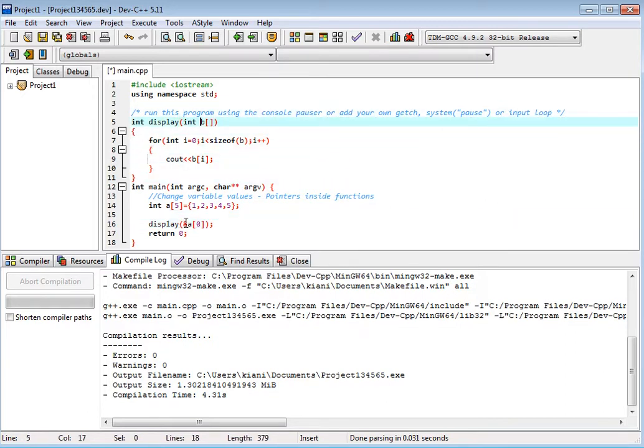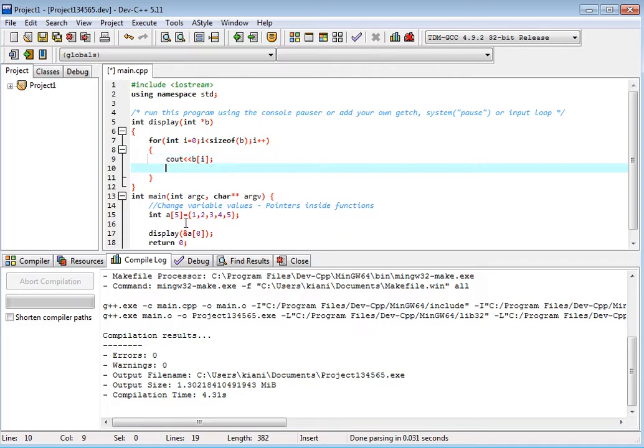Now we have to change it. We have integer B, and this will be a pointer. Now here integer I is equal to 0, I is less than this, and we have to increment B plus plus.